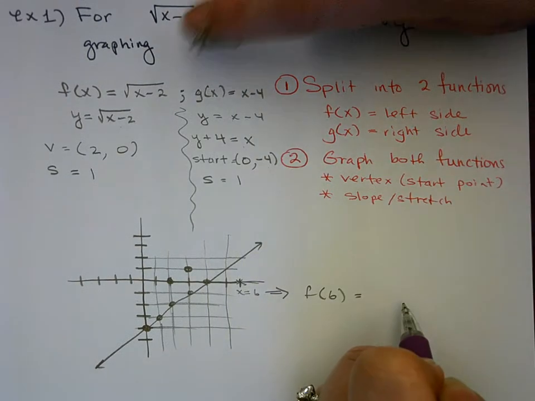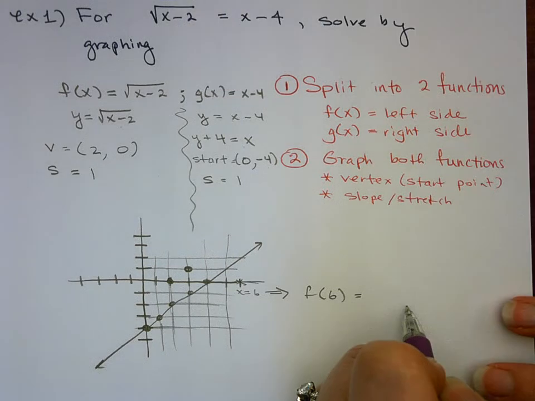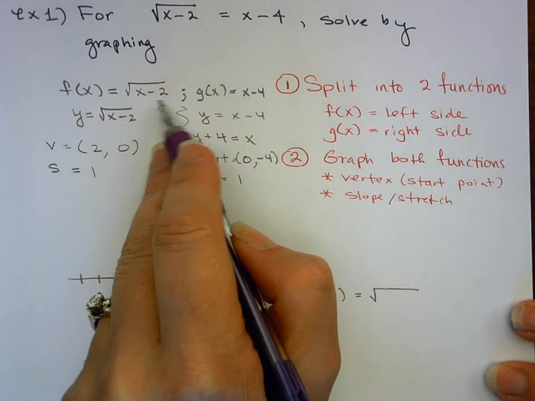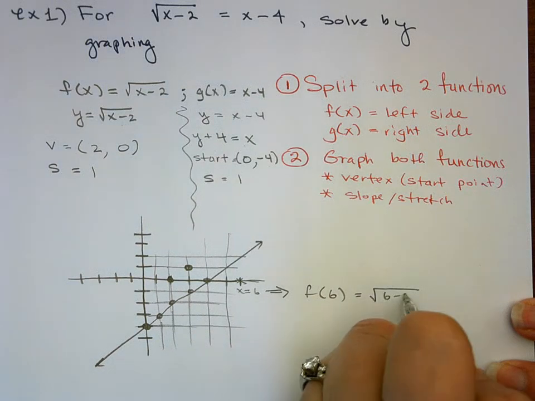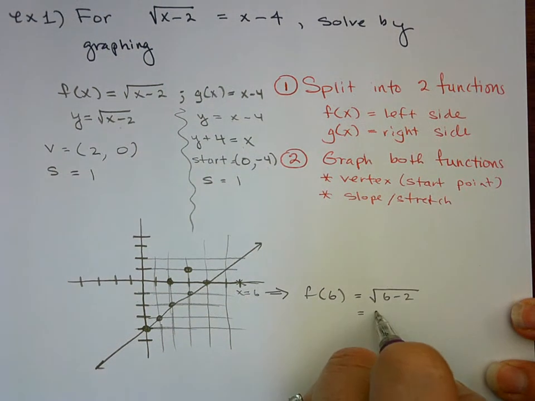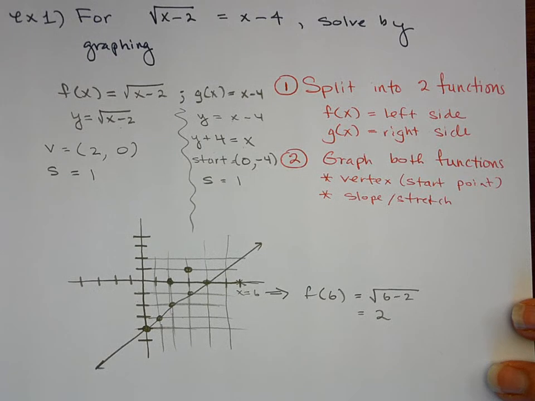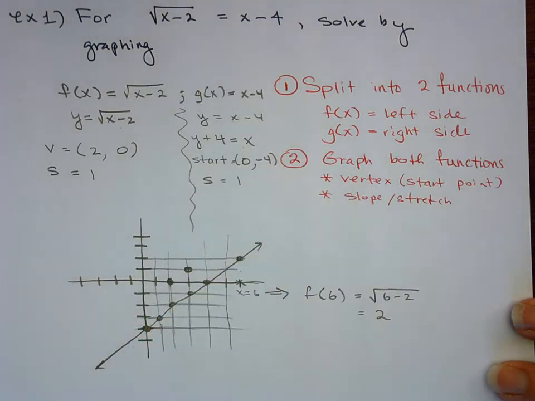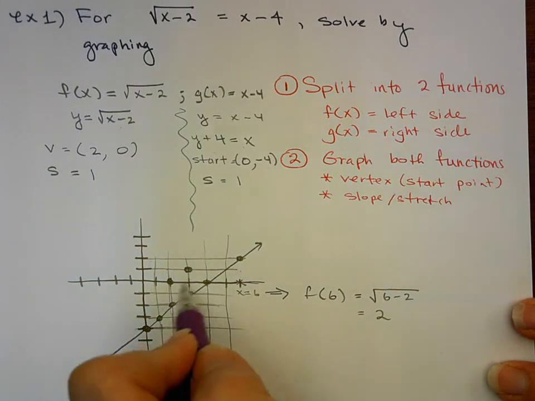So I'm looking up here at the original. So that would be the square root, and then instead of x minus 2, I'm going to do 6 minus 2. And the square root of 4 is 2. So when x is equal to 6, my y value equals 2. So 1, 2. And so now when I graph that,